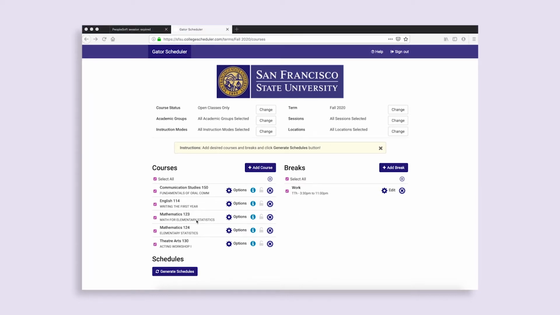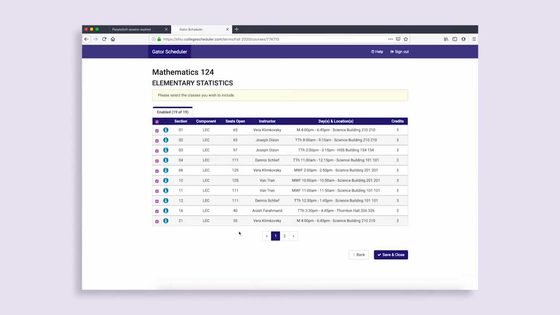If you need to select a specific section for one of your classes and want to add only this section to your schedule, use the gear button next to the course title. Note: Math Pathway 3 and 4 students may need to use this feature to select your math and paired support class sections. This generally will not be needed for other courses.